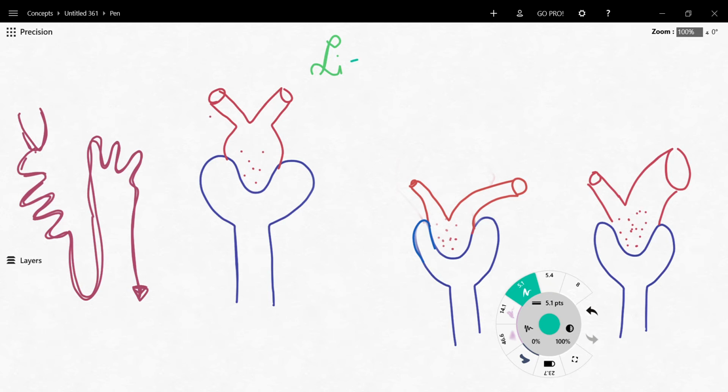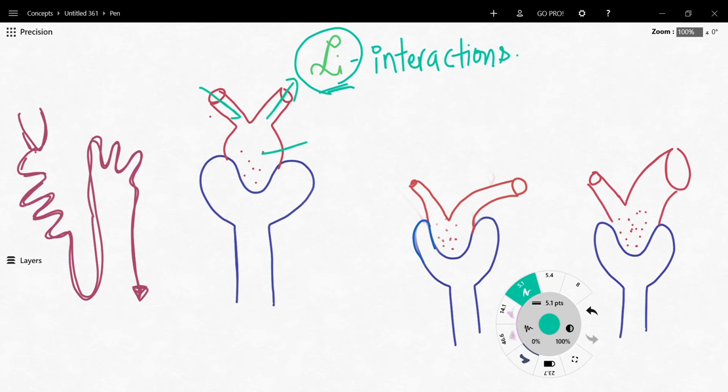Today I'm going to be covering drug interactions of lithium. This is pretty high yield. I do remember solving a lot of these questions in psychiatry when I was studying for the Step 1. It didn't appear on the exam, but this is still pretty high yield, and there's a good chance of them testing you on this. So what I've drawn here is the afferent arteriole, the efferent arteriole, the glomerulus, and the